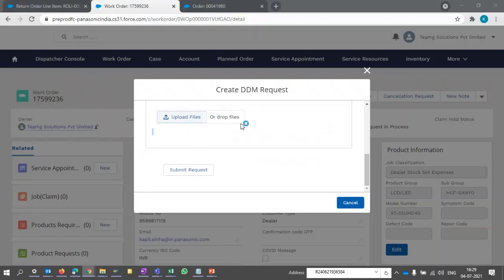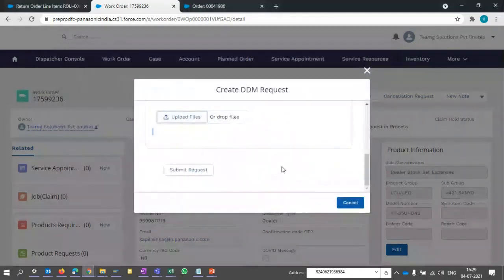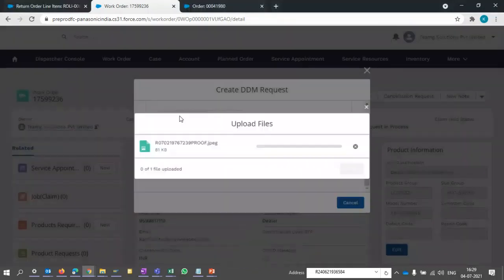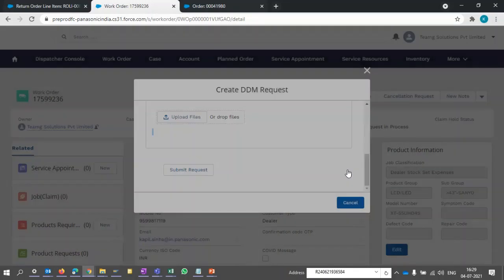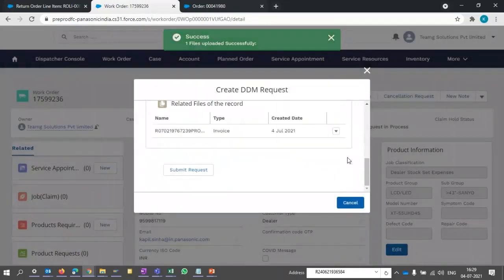So you have to upload the file. So file is getting uploaded. As you see, the files are getting uploaded in the system. Done. Then other file types you have to add, which are required.